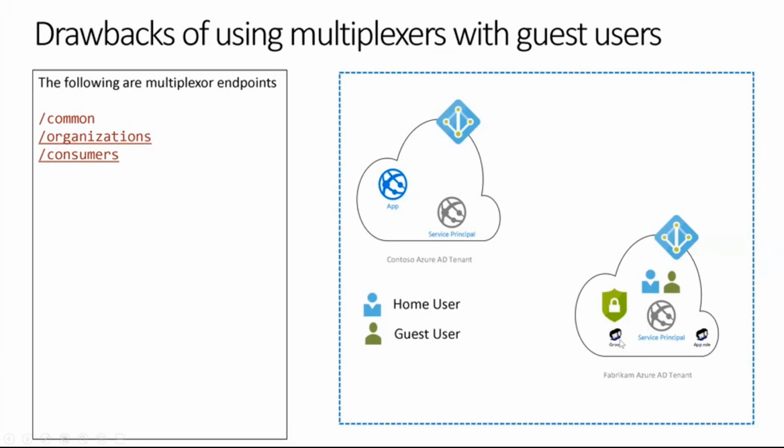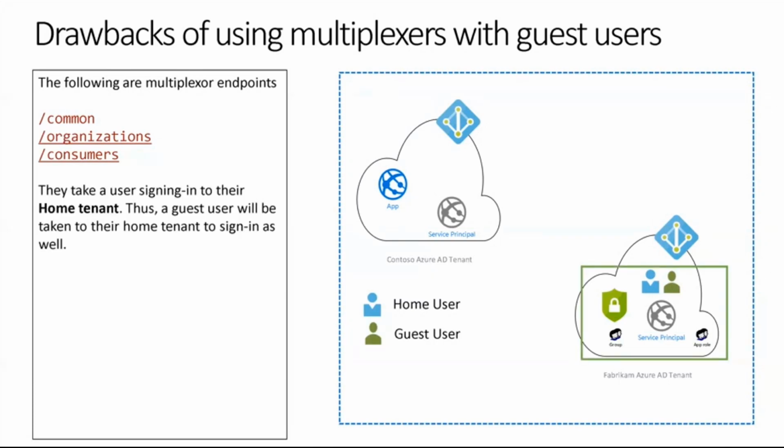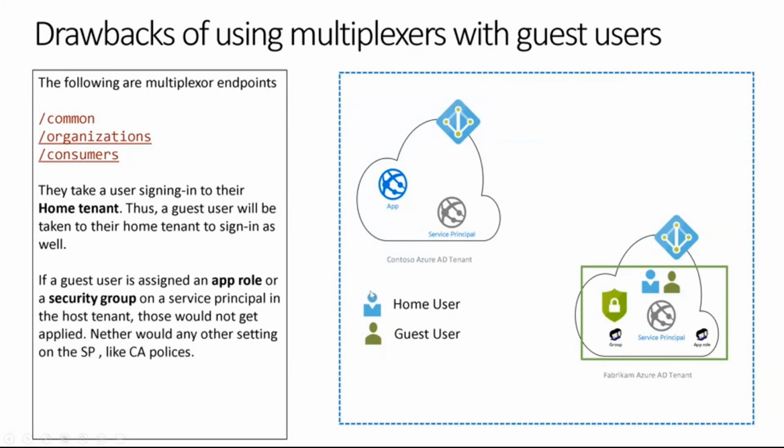If they're assigned to, let's say, security groups or app roles in a certain tenant where your application is executing, what happens is when you take a user to the common endpoint, the user is then redirected to their home tenant to sign in, which basically means that the policies that are supposed to execute in the service principal of a customer tenant do not get executed. So you will not get the group assignments or app role assignments of guest users if you are signing them on the common endpoint. Now, this is just a behavior by design.